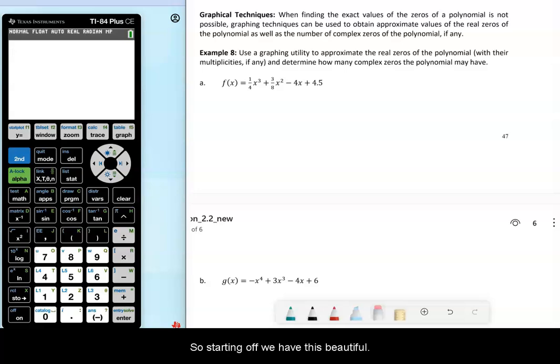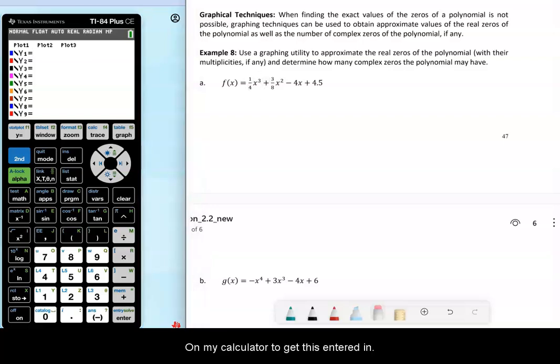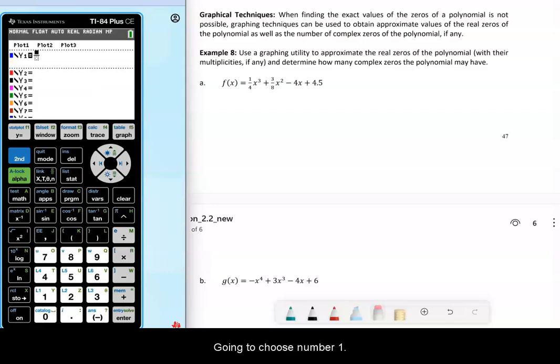So starting off, we have this beautiful function, which we're going to go into y equals, and I'm going to use my MathPrint on my calculator to get this entered in. So I'm going to hit alpha y equals, and I'm going to choose number 1, and I'm going to put in 1/4 x to the third,